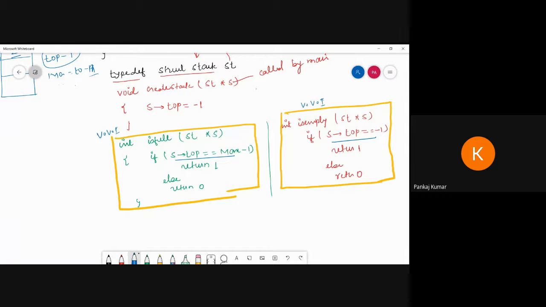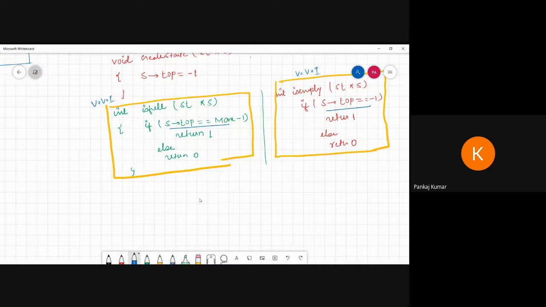From this whole study, we can conclude that we must always remember how a stack is full and how a stack is empty. That is important, not coding. Now, after writing isEmpty, we have to write push and pop.